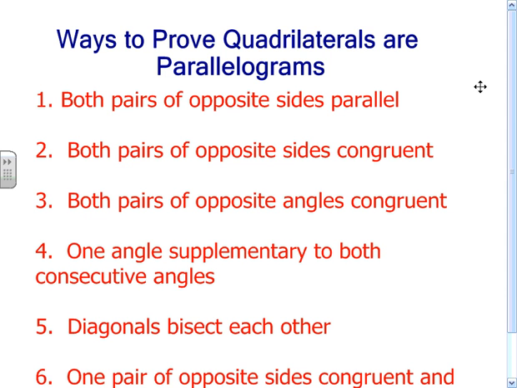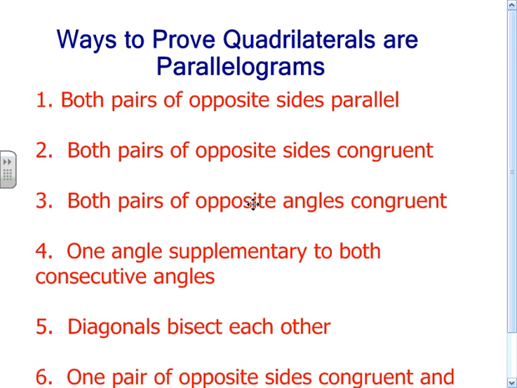This video is going to take a look at proving that quadrilaterals are parallelograms. So there's 6 basic ways, and I'm going to read them through, and then we'll try to apply them in a couple different situations. You have to have both pairs of opposite sides parallel, both pairs of opposite sides congruent,